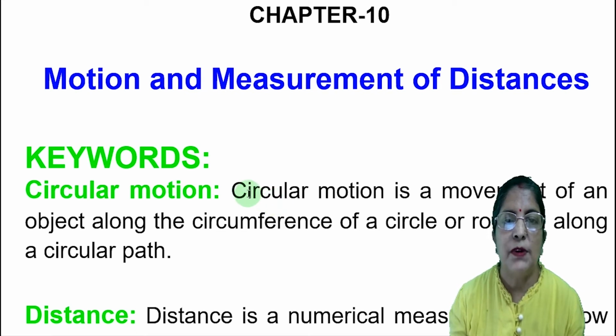In this video, we will discuss keywords and questions answers of chapter 10, that is motion and measurement of distances. चूंकि ये चैप्टर न्यूमेरिकल बेस्ड है, इसलिए मैं न्यूमेरिकल वाले क्वेश्चंस के आंसर को भी समझाऊंगी और साथ में क्वेश्चंस को भी हिंदी में समझाऊंगी ताकि आप क्वेश्चन को सही तरीके से समझ पाए और आंसर को भी सही तरीके से कर पाए। ओके, तो हम लोग स्टार्ट करते हैं कीवर्ड से।